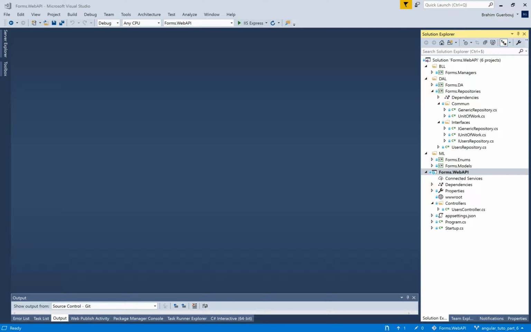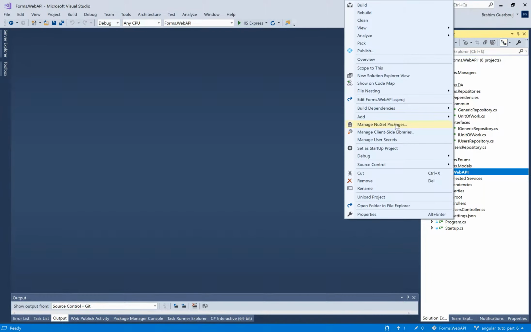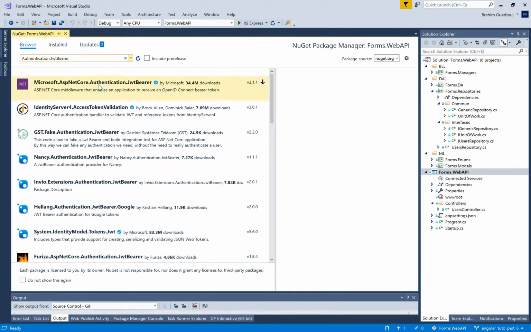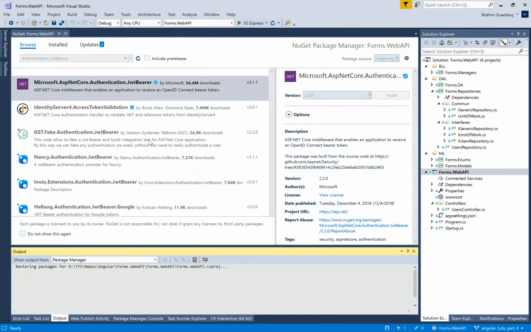Hello everybody, in this new tutorial of Angular 8 and ASP.NET Core. So today I'll show you how to make authentication with JWT token. So let's navigate to the Web API project and let's install two packages: authentication JWT bearer